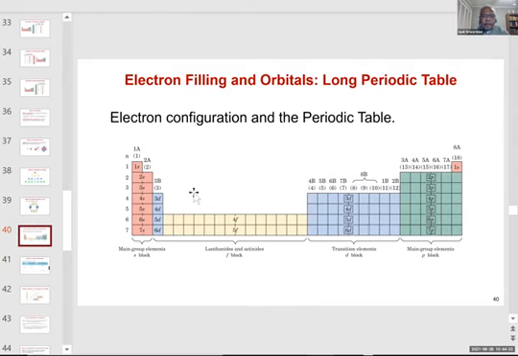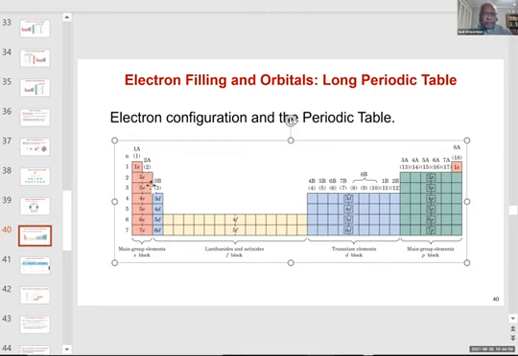When you're adding electrons to an alkali metal and alkaline earth metal, the last electron added goes to the s orbital, the 1s orbital in an alkali metal. The second electron goes to the s orbital too. An s orbital can have 2 electrons with opposite spins. So